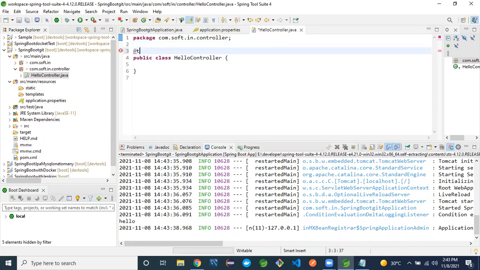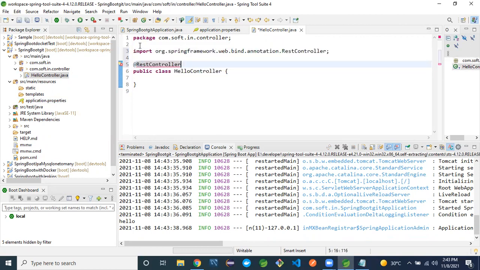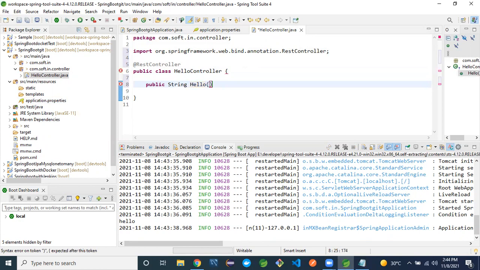At the rate of RestController, I will create one normal method, public String hello, return hello git.